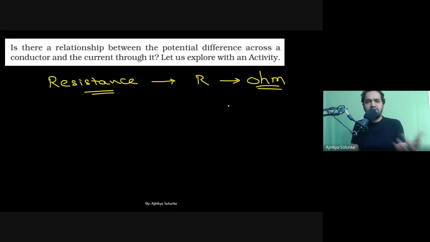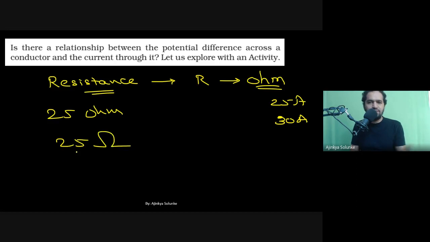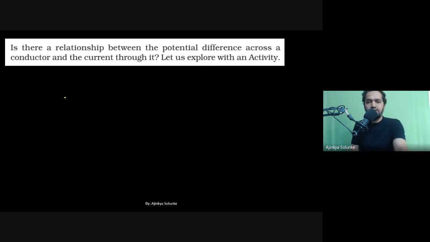Okay, and what symbol do we use for showing Ohm? For example, for current, we show something like 25 amperes, 30 amperes, we use A. So for resistance, we use Ohm, but you can write down either Ohm in words or you can use the symbol for Ohm, that is this one. It is a horseshoe kind of symbol. So that is one of the symbols of Ohm. So you can use either 25 Ohm in words or the symbol like this. It's up to you which you want to use, either the words or the symbol.